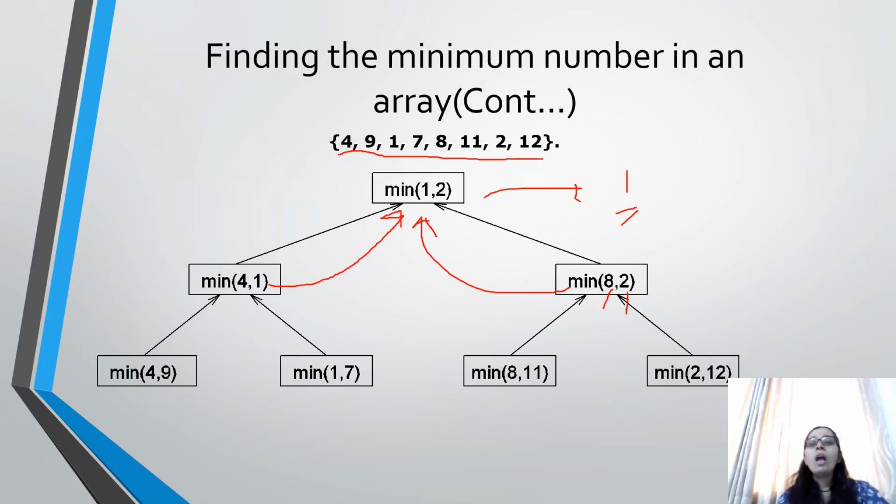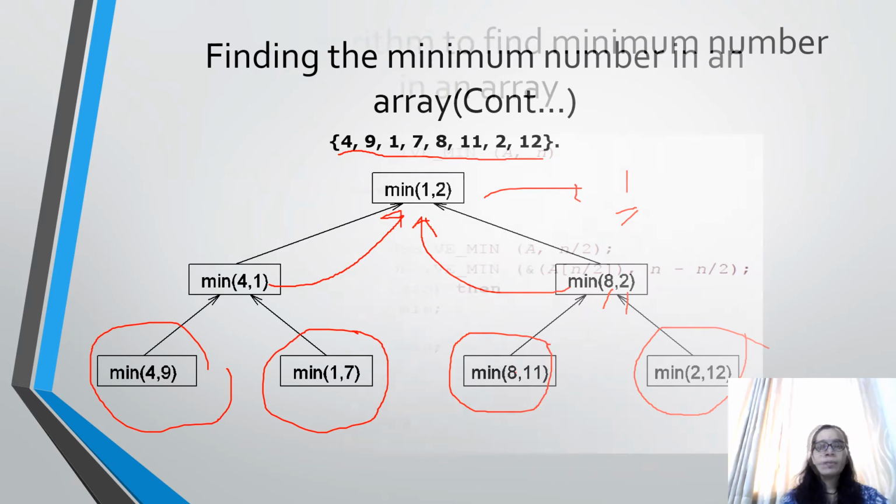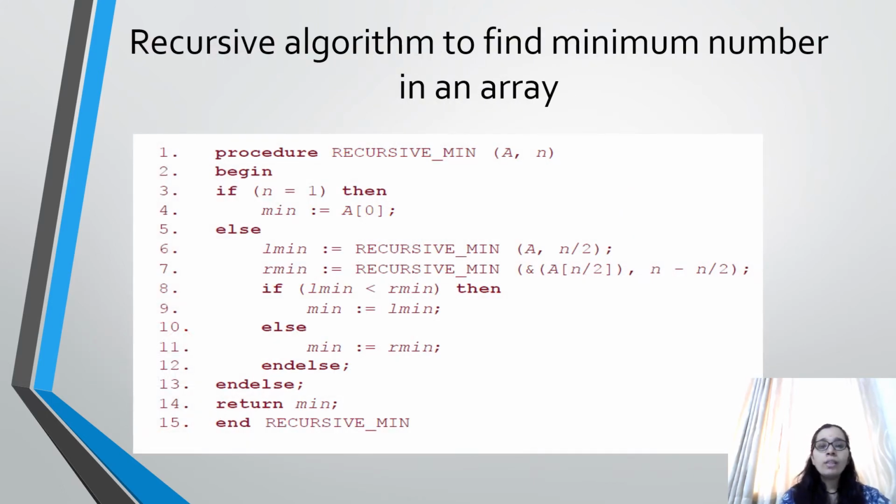So this is the way the minimum of an array can be detected. How can this work concurrently? Whatever division we are doing will be done in parallel. These tasks will perform independently of each other, and they will have concurrent processes running. One task will do this, another will do this, a third will do this, a fourth will do this. That will be one combination to find the minimum number concurrently. So this is the algorithm to find the minimum number in an array.